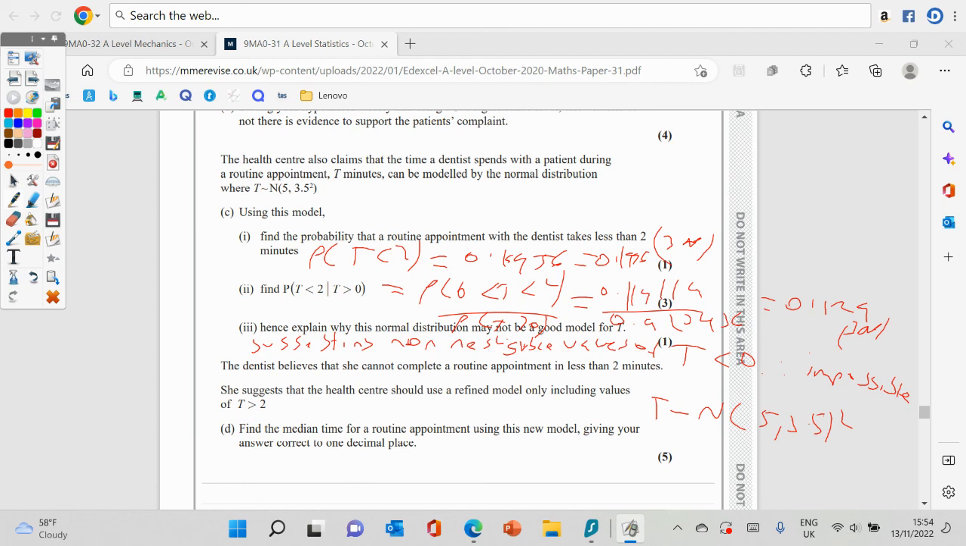Now, we want to do it using the fact that the probability of t being bigger than little t divided by the probability of t being bigger than 2 has got to be equal to a half, hasn't it? Because it's half of the distribution. So I've then got the probability that t is less than little t is